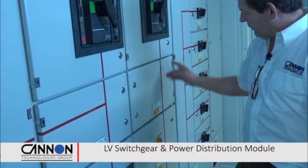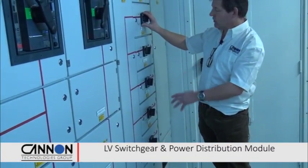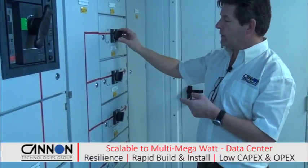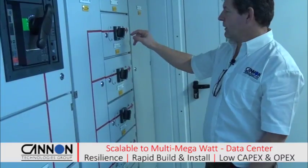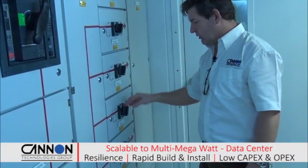The UPS then backfeeds into the system, comes across, and this is our critical load. This is our data center load. They're on all these isolators. These supply end of row power distribution, which is at the end of each of the rows of cabinets. You've got localized power distribution. So we've got the outputs to the first row of cabinets, second row of cabinets, third row of cabinets, fourth